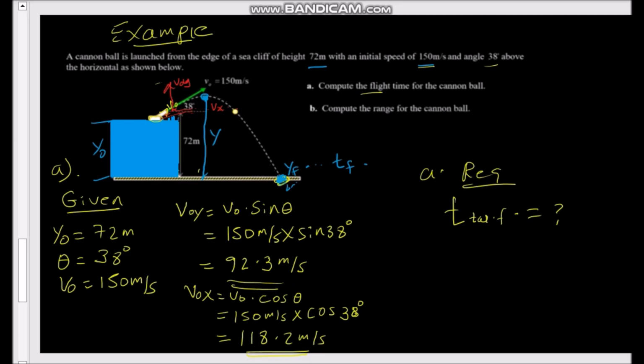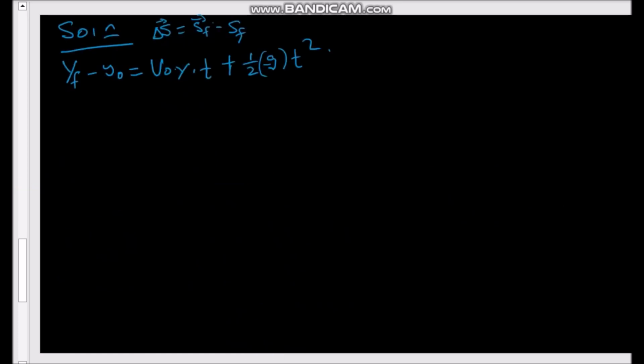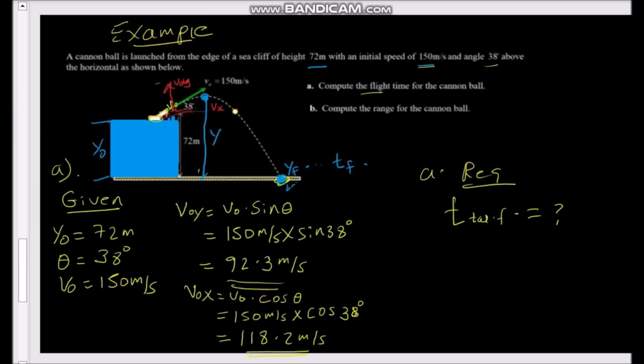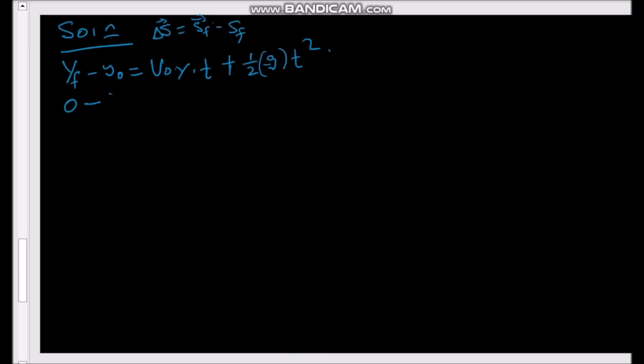From this to this, its value is 0, minus y naught. Y naught means the initial vertical displacement, this one, which is 72 meters, so minus 72